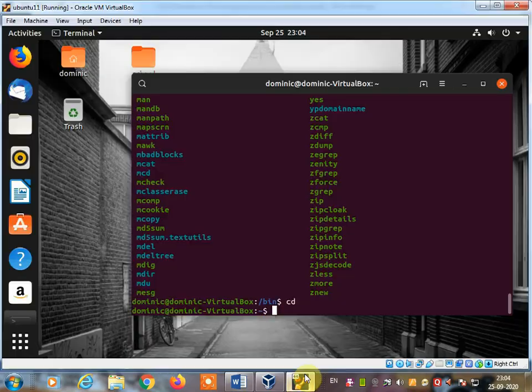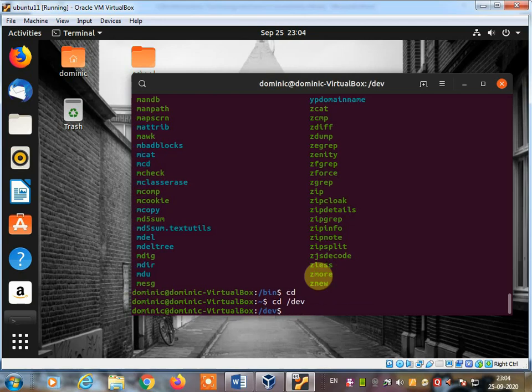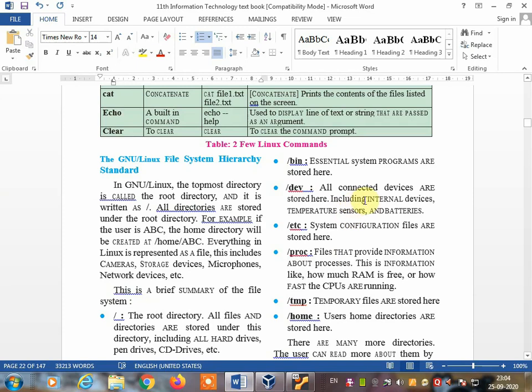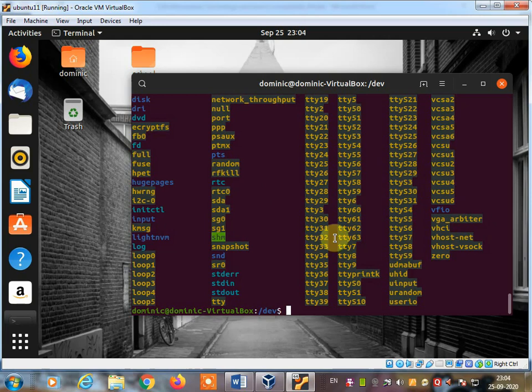So how to use this? Again you have to use cd /dev and press enter key. So you will enter into the dev directory and then use the ls command. Once you use the ls command, you will get information here, that is internal devices, temperature sensor and batteries. All this information is shown over here.